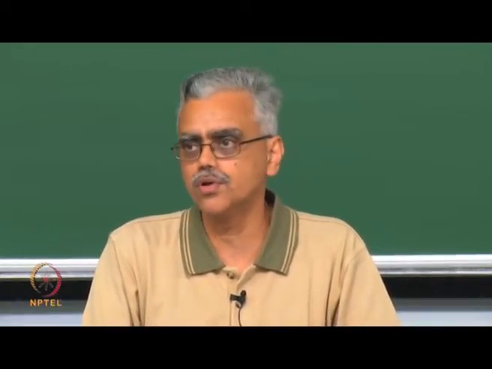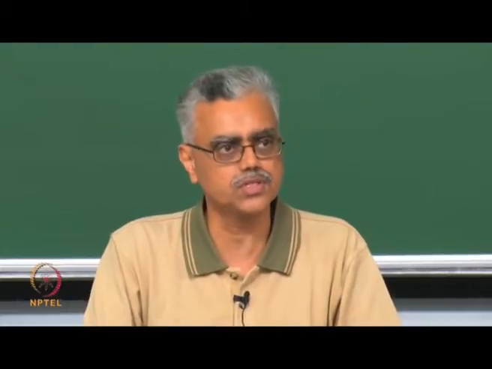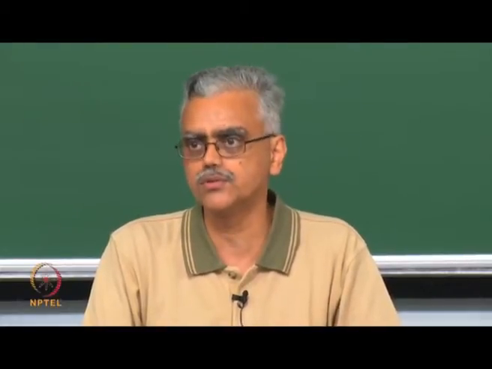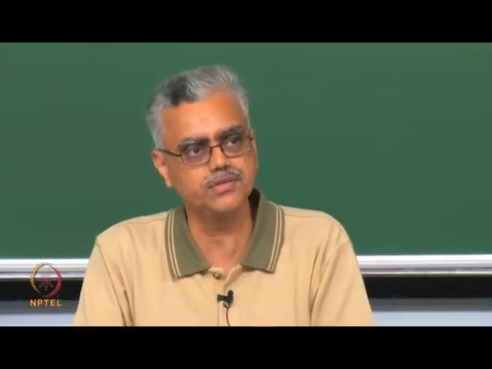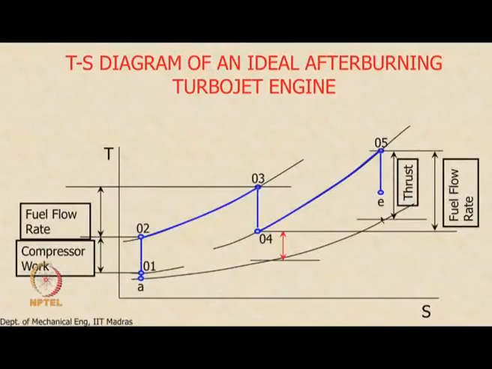Addition of the afterburner can give us 30, 40 or maybe even higher values of thrust augmentation, which is a good thing. So if it is 30, 40 percent augmentation, that means the actual value is, as you are seeing here, 150% of this, right?